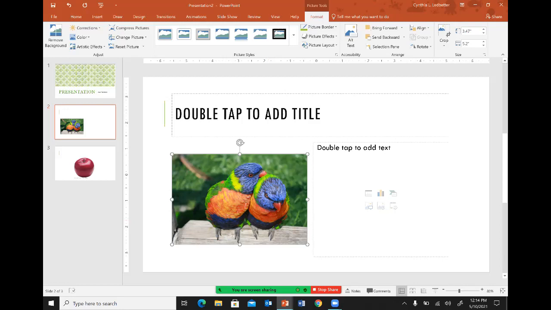Next, we'll review adding transitions. Transitions allow you to customize how one slide transitions into the next slide. The command groups located beneath the Transitions tab,